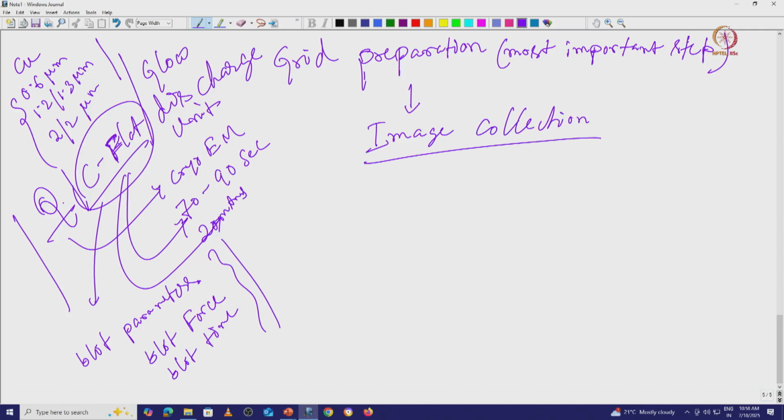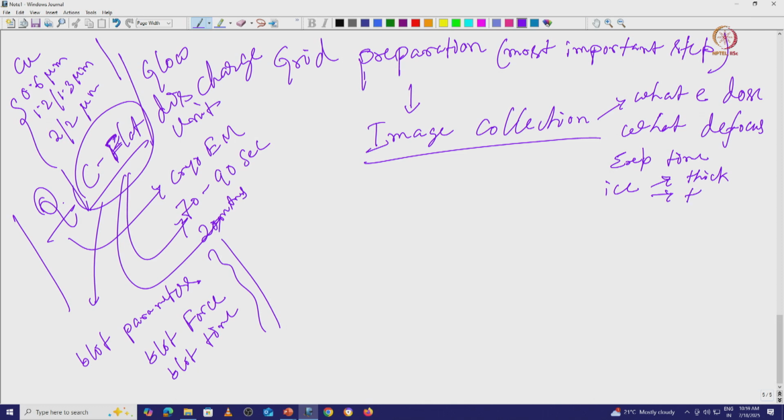Again, for image collection, there are a lot of important things that we are going to discuss in the next class: what electron dose we want to use, what defocus value we want to use, what the exposure time should be, and what kind of ice I want to image. Is it a thick ice,